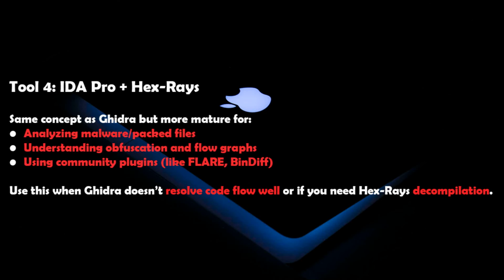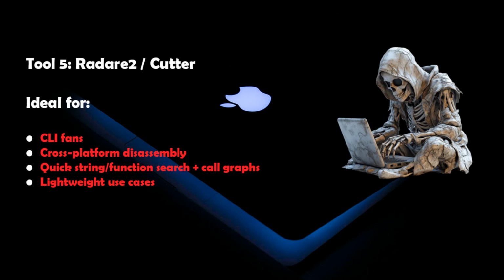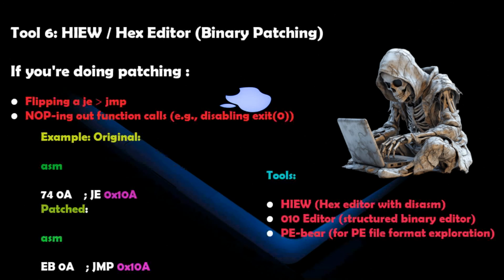Tool 4: IDA Pro plus Hex-Rays. Same concept as Ghidra, but more mature for analyzing malware-packed files, understanding obfuscation and flow graphs, using community plugins like FLARE and BinDiff. Use this when Ghidra doesn't resolve code flow well, or if you need Hex-Rays decompilation. Tool 5: Radare2/Cutter. Ideal for CLI fans, cross-platform disassembly, quick string and function search, plus call graphs, lightweight use cases. Tool 6,